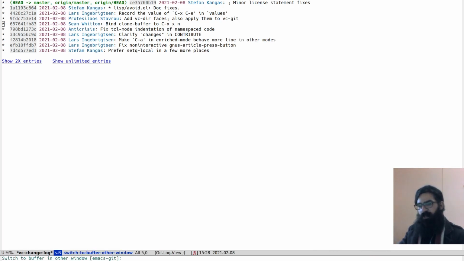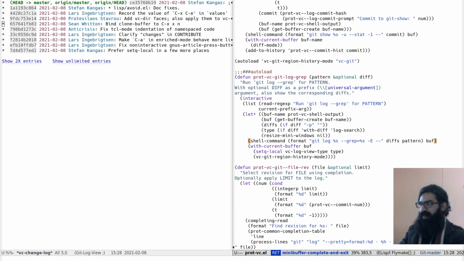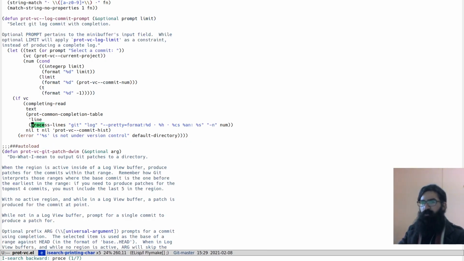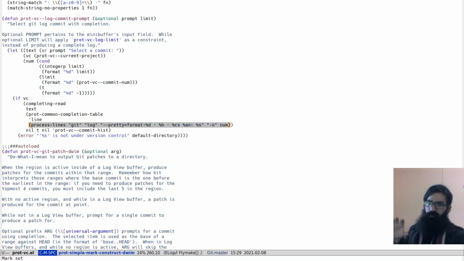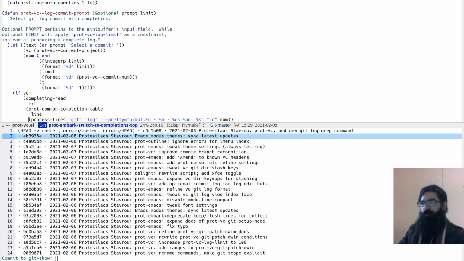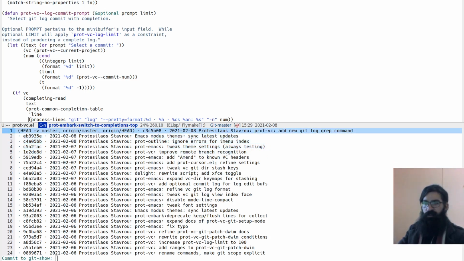I have some other commands that I have shown, but I don't want to show them again. The idea is that you can, using this very line over here, shell command, that's the one thing. The other one is process lines. So this one, shell command, is when you want to output to a buffer, whereas process lines is when you want to use completion. So for example, Control X VS is a command I have to use completion, mini buffer completion that is, and in doing so I can